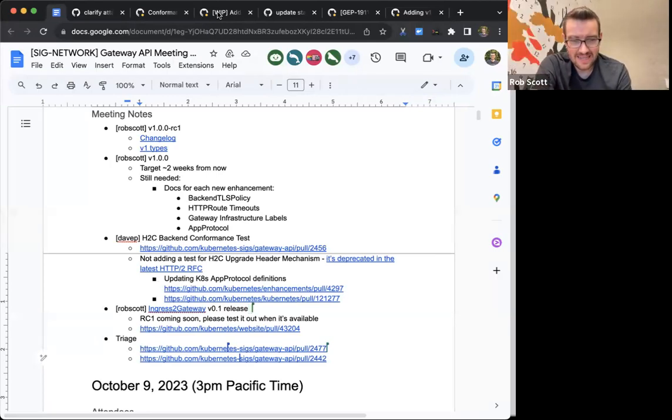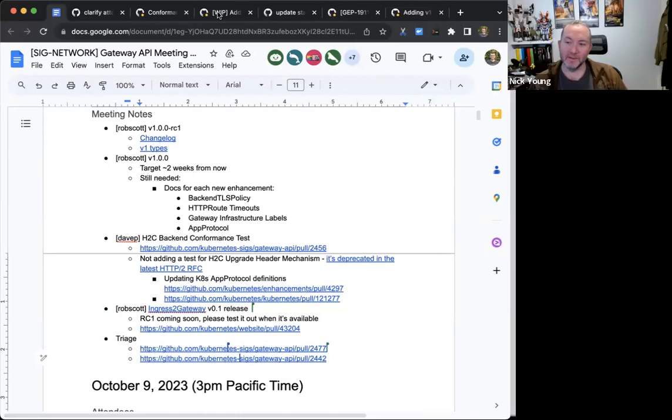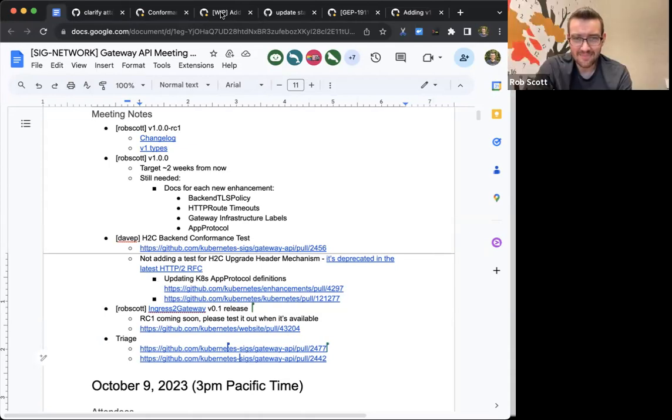And so what that means in practice is if you're running conformance tests against RC1, you're going to have to install the latest RC1 CRDs, but your actual implementation could and probably should still just read and write V1 beta 1. But you will need the newer CRDs to be present because you'll need V1 to be present, because that's what the conformance tests are going to be reading and writing with. Hopefully part of your conformance testing regime is installing a fresh copy of the CRDs anyway, but yeah, good to call it out. Yeah, exactly.